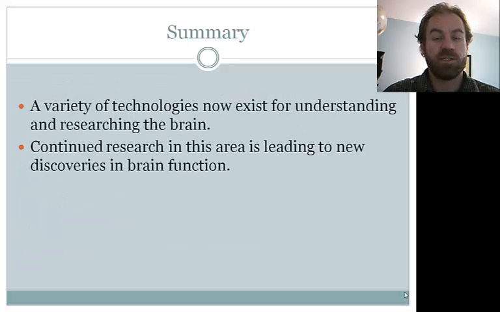So we can now utilize a variety of methods for understanding the brain. Of course, the technology itself is only a means to an end. Proper application of the scientific method and adherence to strict scientific and ethical guidelines is the only way to responsibly research and uncover the secrets of the brain.